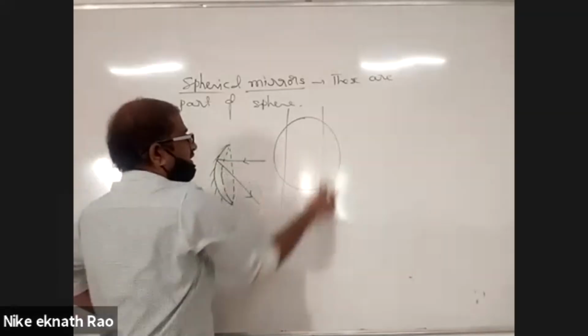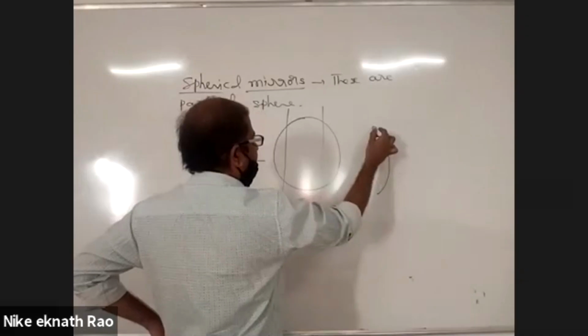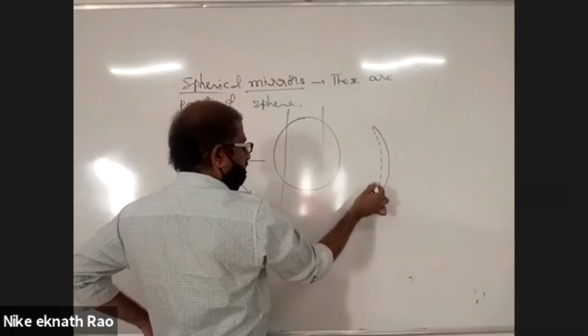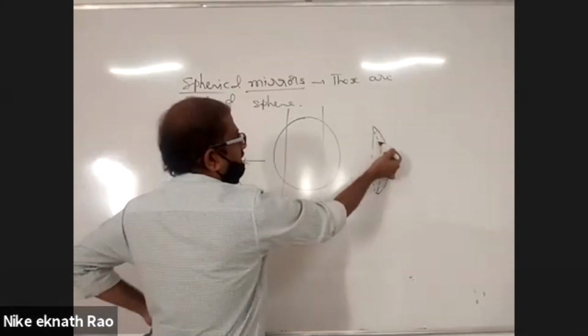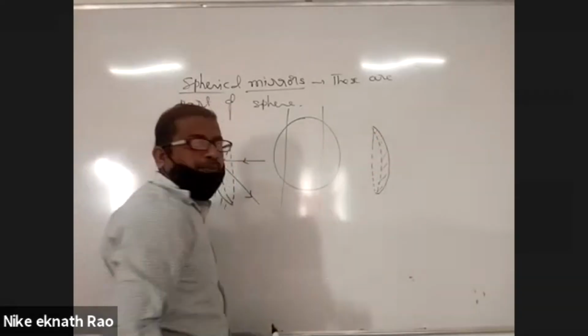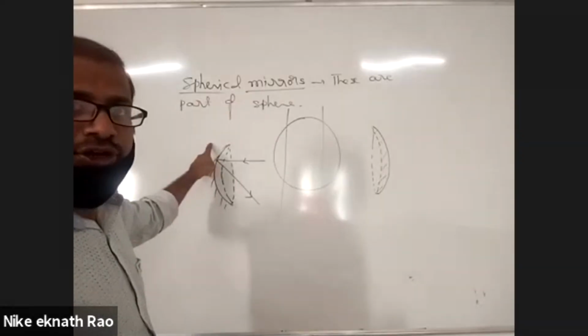Or if I take any other portion, if I cut this part, I will have this kind of segment. This region. Now, if I silver the interior part like this, shallow portion, if I silver or paint the bulged portion, this